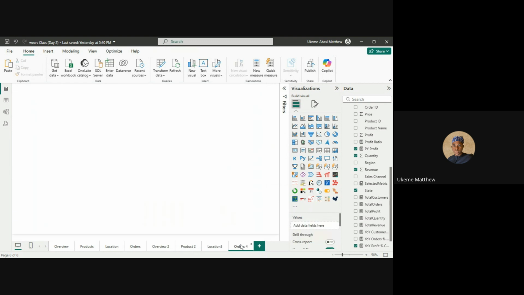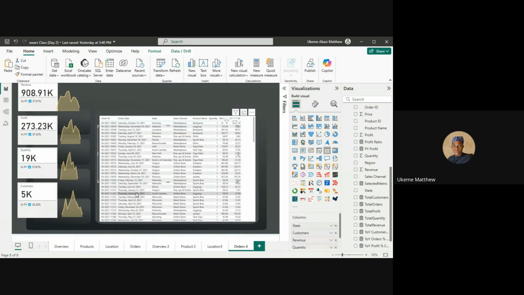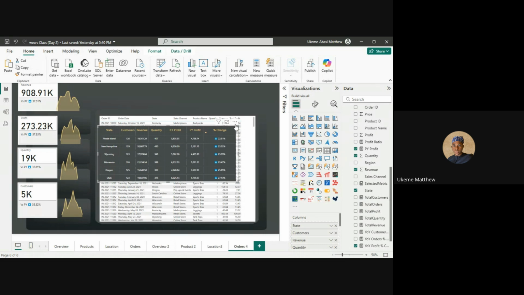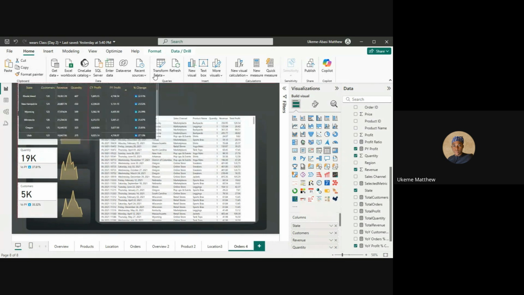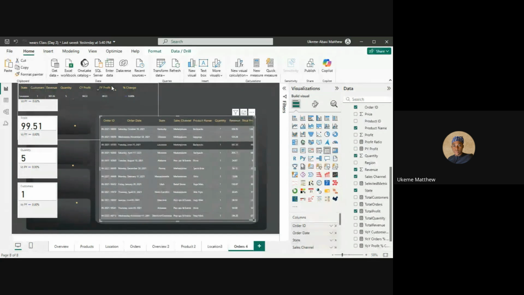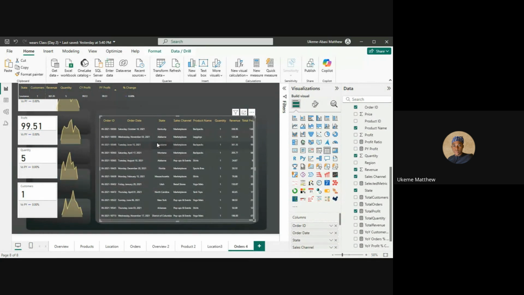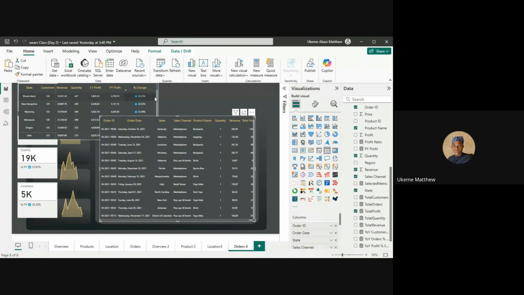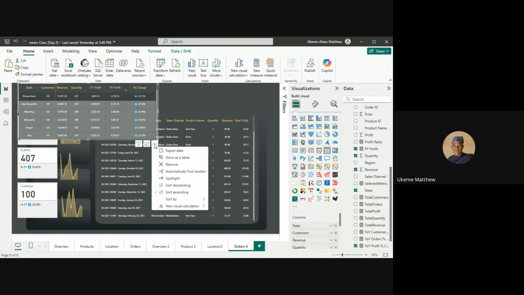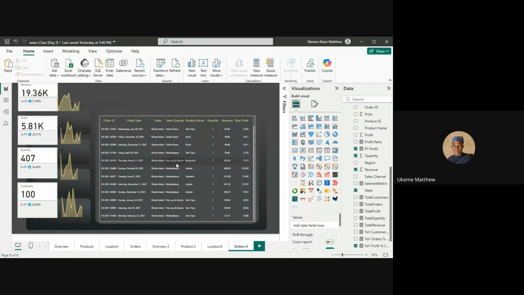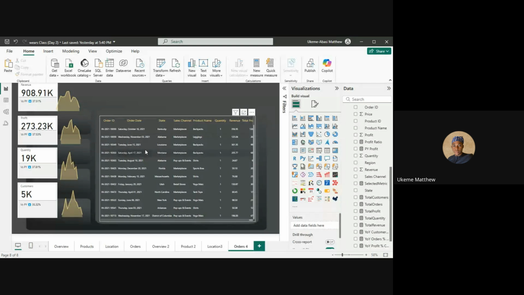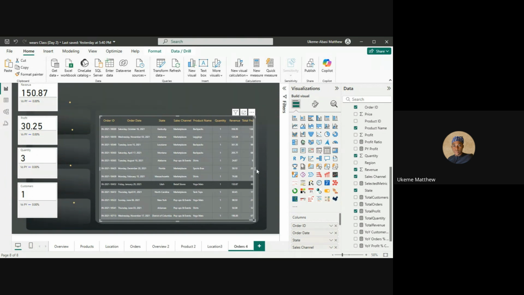I'll go to the orders page and then we'll paste this here so we can get the format of it. Now come to format painter. We've gotten the brush and then let's paste it here. Now it works. You see, we don't have to go edit everything manually. Now we can remove this other chart now. Yeah, that was fast. So let's just auto fit this